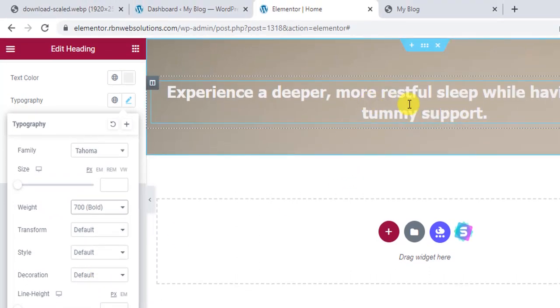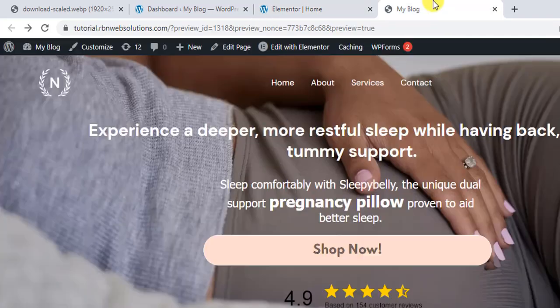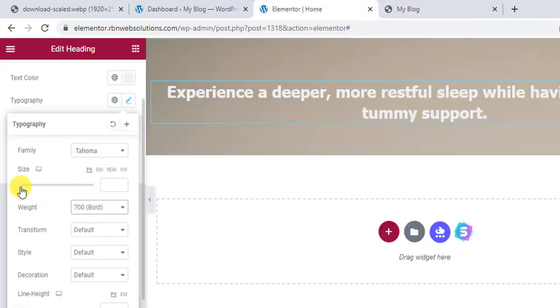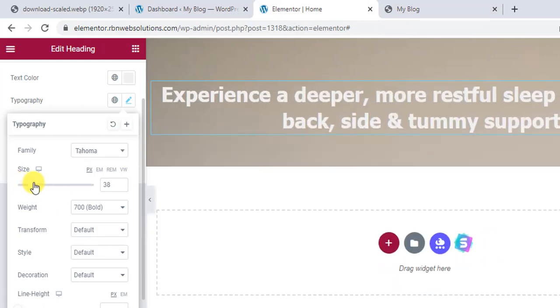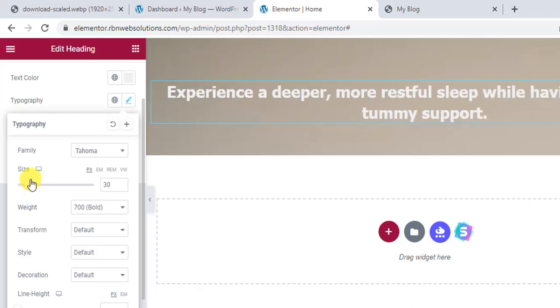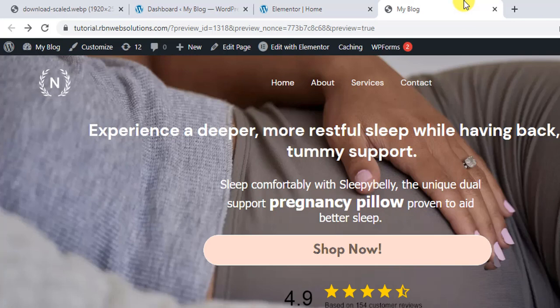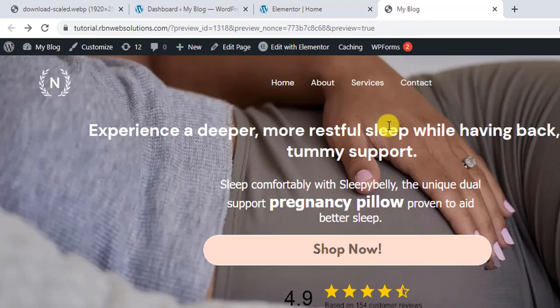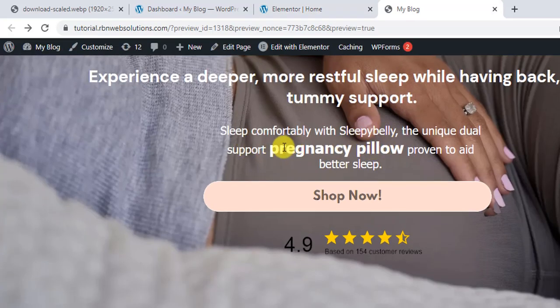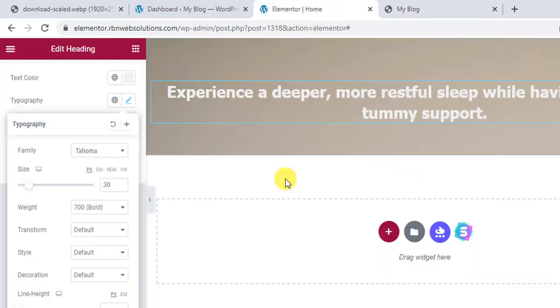So this is the bolder text, and then if you want to change the size, you can easily change that from the size options. So size, I think 34 pixel is okay, or we can reduce it a little bit, 30 pixel is okay. And then we have another option, another text. There is a text, but you can see here this is a little bit wider, but this text is not wider. So that's why what you have to do, you have to insert